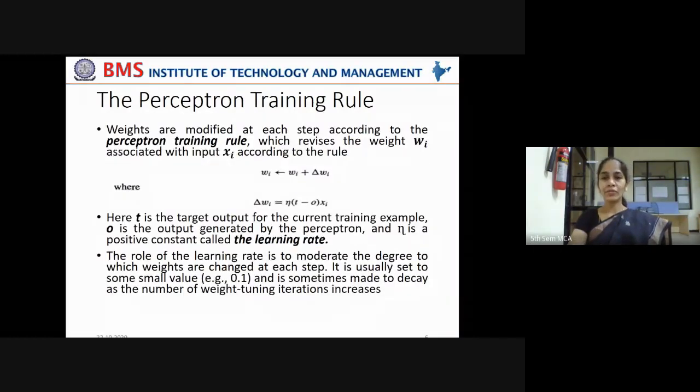The weights are modified at each step according to the perceptron training rule. This is what we are trying to learn, right? How they are adjusted according to this perceptron rule, which revises the weight Wi associated with input Xi according to the rule Wi equals Wi plus delta Wi.